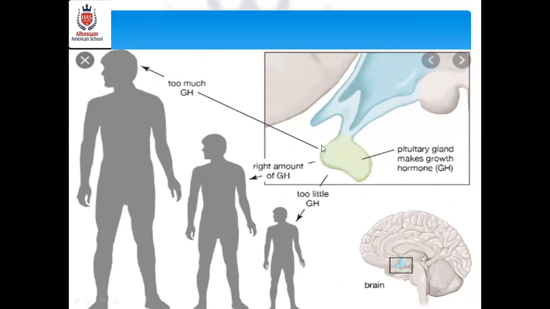We agreed that we have a pituitary gland. This gland produces growth hormone. As long as the pituitary gland is functioning well and producing a good amount of growth hormone, your body will grow in a good way. If there is something wrong and it produces too much growth hormone, this means that you will be abnormally big, and this is called gigantism. Or if it produces too little growth hormone, this will lead to inability of your body to grow, and this is called dwarfism.